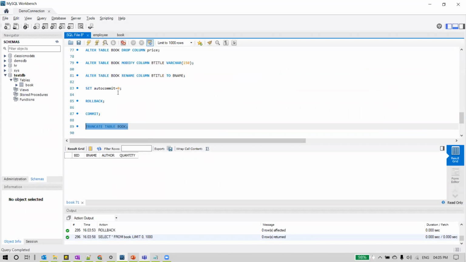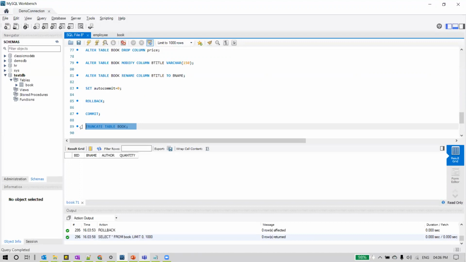For truncate table, set autocommit is not applicable. Set autocommit is either 0 or 1, so it doesn't matter. But truncate table is permanent. It comes under DDL statements, and for DDL statements we can't have commit and rollback. By default autocommit is equal to 1. So you don't have control over these DDL commands to either roll back or commit.